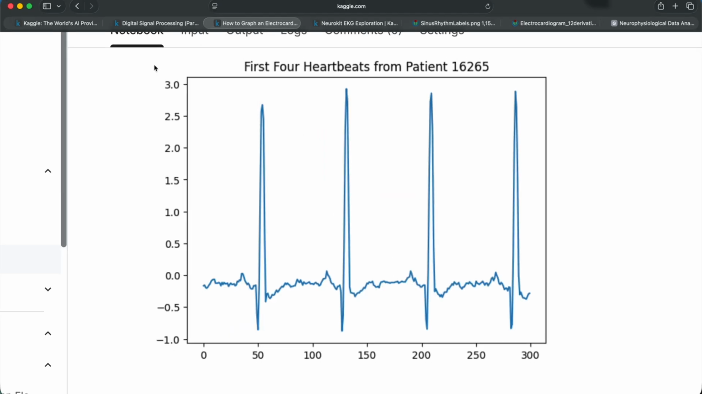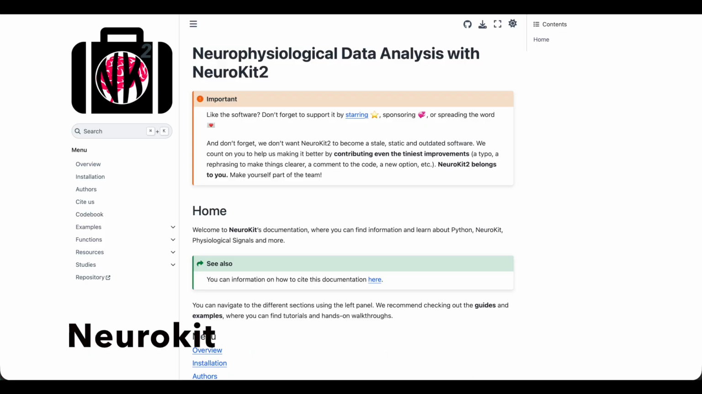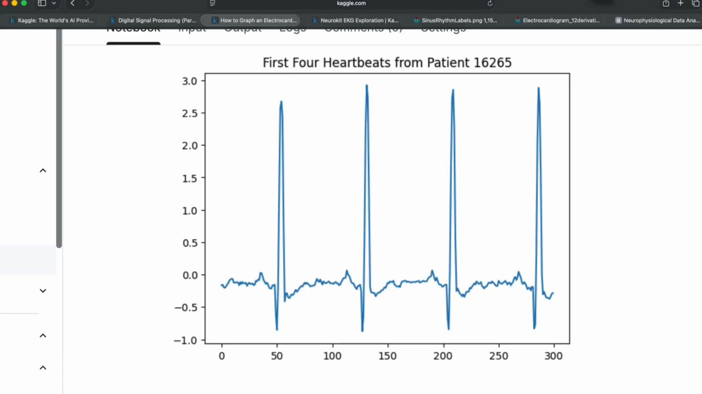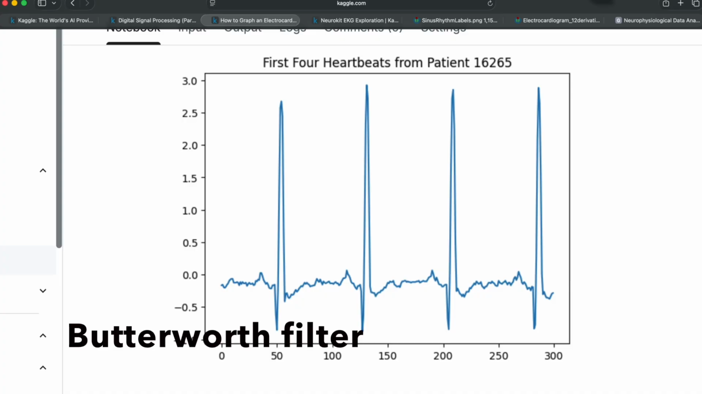We're going to do this in two main ways. The first is we're going to feed our data into a library or add-on for Python called Neurokit. And then separate from that, we're going to use some common filters in digital signal processing, such as median filters, the Savitzky-Golay filter, and the Butterworth filter. Each has their own pros and cons for filtering certain types of signals, so we'll show you how each performs